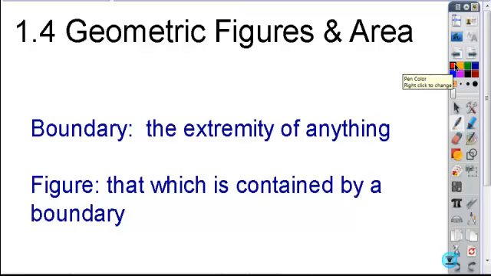All right, so section 1.4 introduces closed figures. Okay? So a closed figure is anything that is contained by a boundary, and that's the definition for a figure. I'll try to be specific with that. So I'll try not to refer to the term figure as being